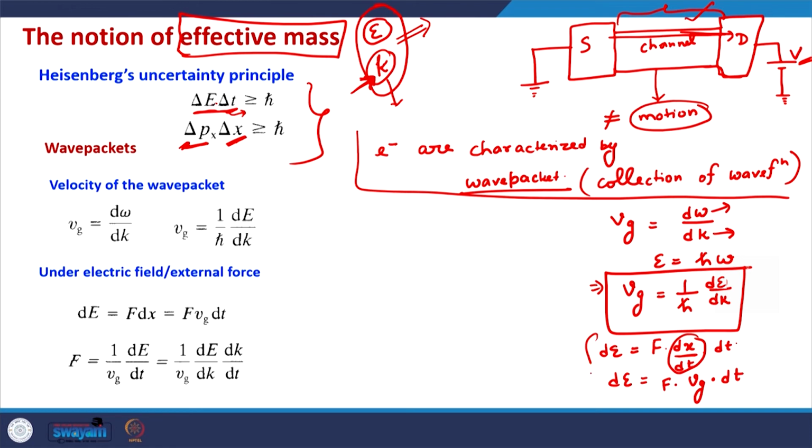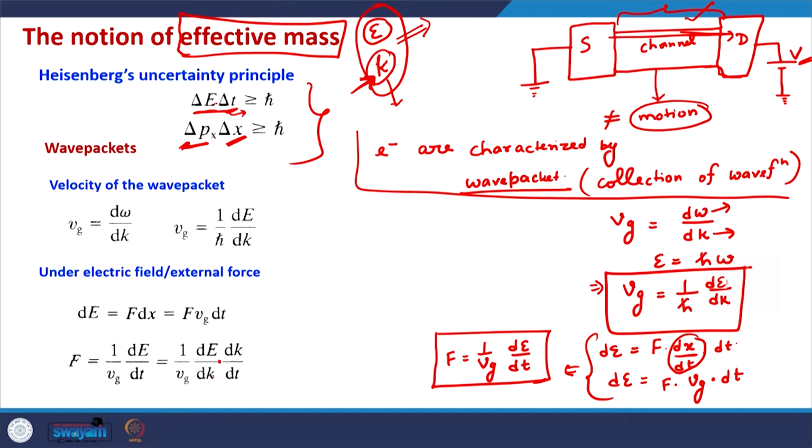So, this implies that dE, or F, will be equal to 1 by Vg dE by dt. Okay. So, this is the relationship that we obtained, and this can further be expanded as dE by dt can be